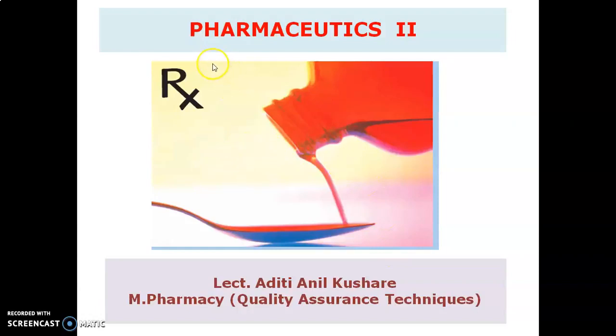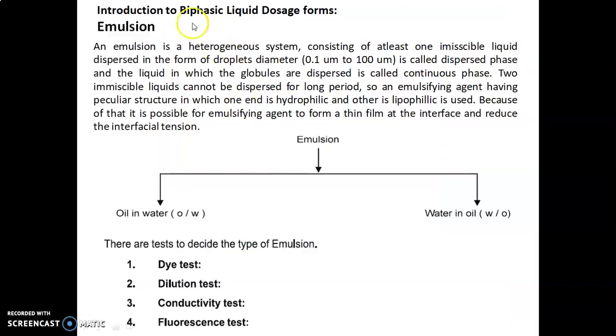Now we will discuss the pharmaceutics 2 experiments. In that we will discuss emulsion, an introduction to biphasic liquid dosage forms. An emulsion is a heterogeneous system consisting of at least one immiscible liquid dispersed in the form of droplets with a diameter of 0.1 micrometer to 100 micrometer, called the dispersed phase, and the liquid in which the globules are dispersed